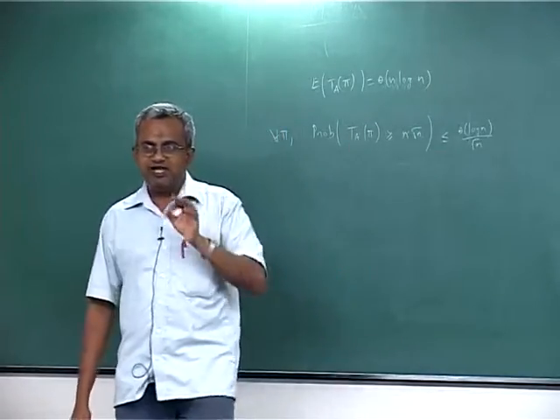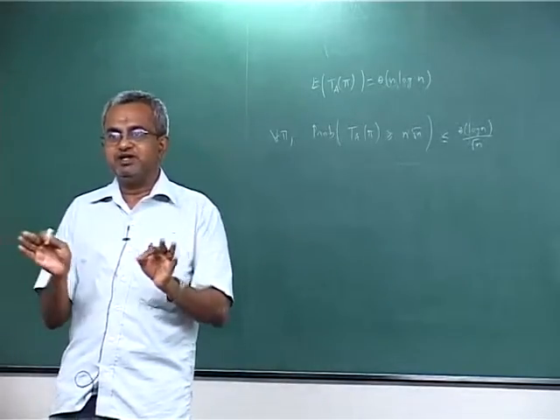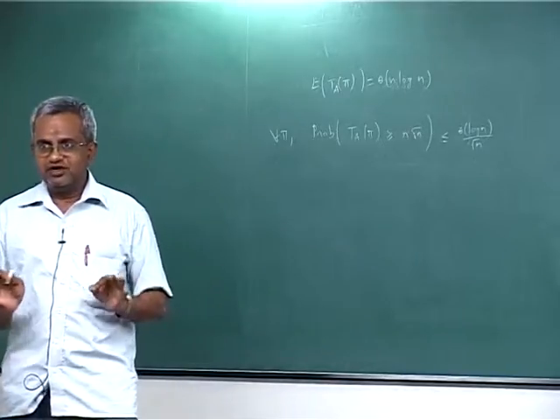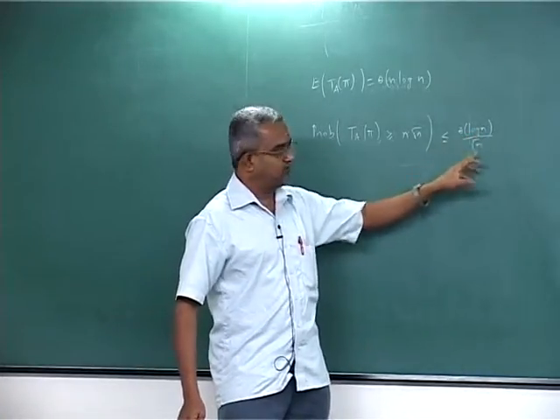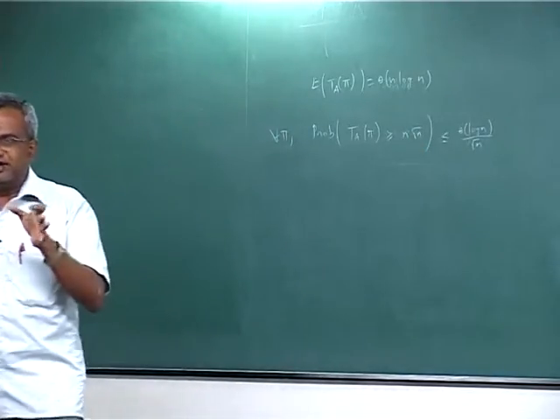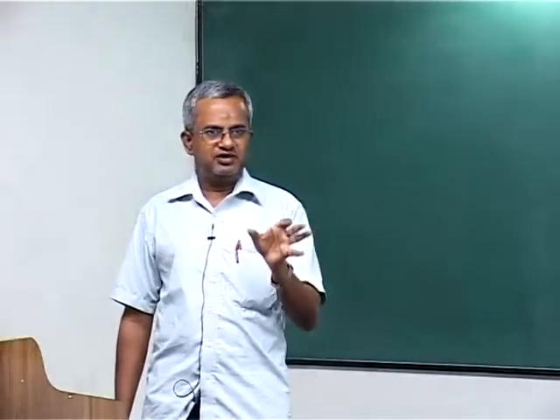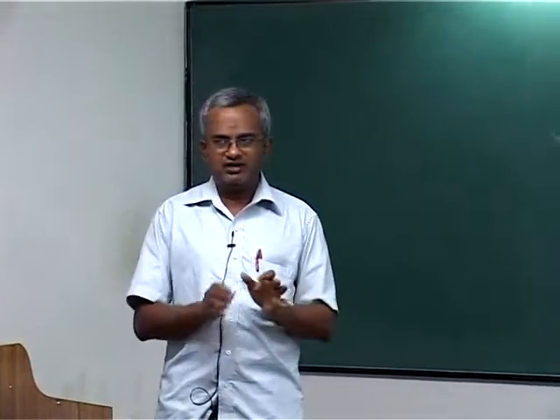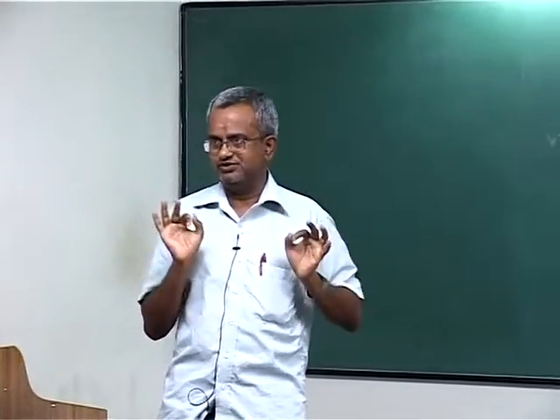So, you can provide an upper bound on the number of comparisons, but that will not be with full confidence. You can only say that with probability 1 minus theta of log n by square root of n. So, whatever upper bound you can provide only comes with probable confidence in the probability. It does not come with absolute confidence. Absolute confidence corresponds to probability 1, which you cannot ensure.